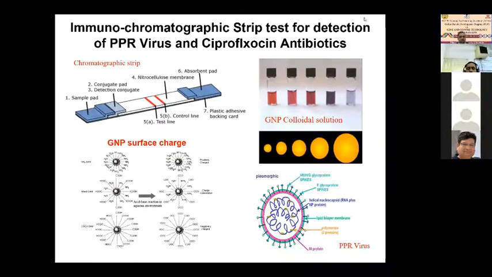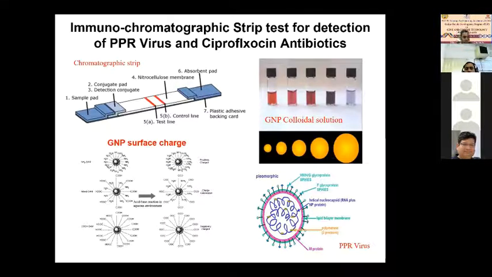In this slide we want to show the lateral flow development work that we want to continue, and in the next few slides. The strip contains several membranes: an absorbent pad, and the central part contains the nitrocellulose membrane or some other membrane. You want a membrane here which has a high protein loading, high protein binding capacity. That kind of membrane you require here.